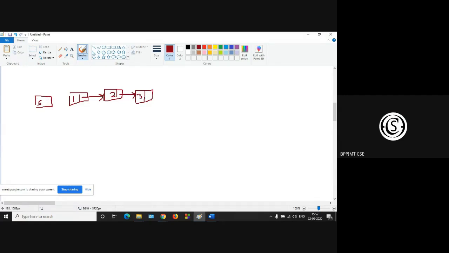So from S there is a pointer to the first node, and from 3, as this is circular, there is a pointer from 3 to 1. Now we are interested in deletion of this 3.